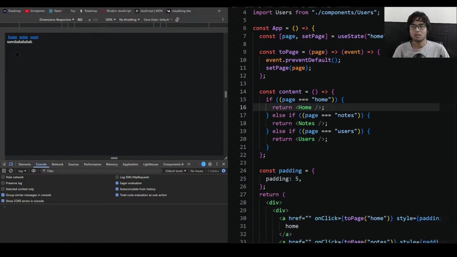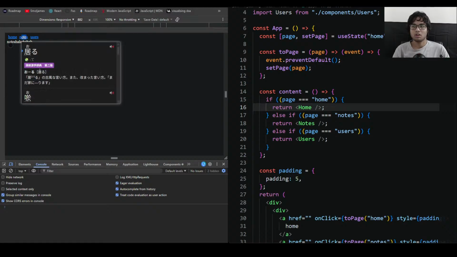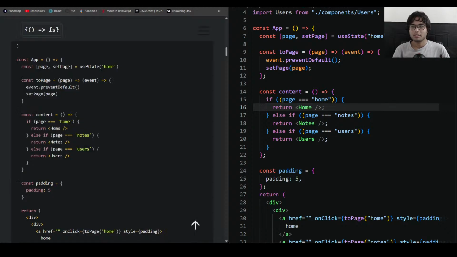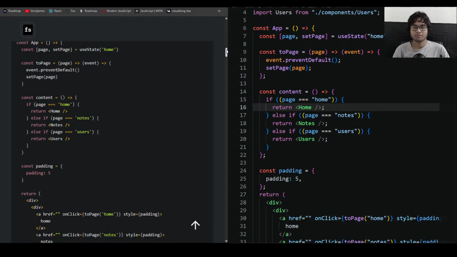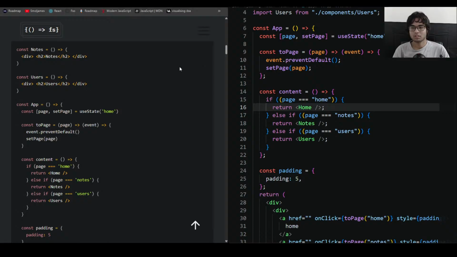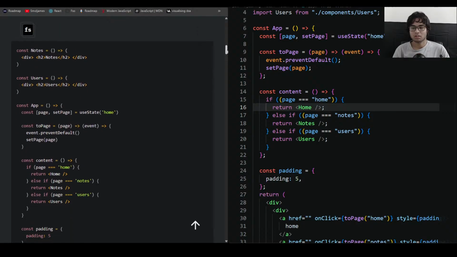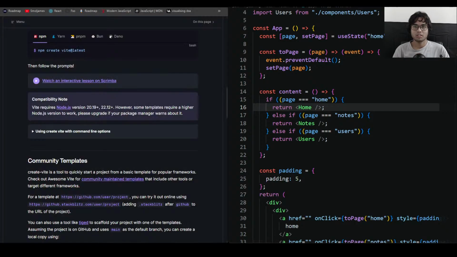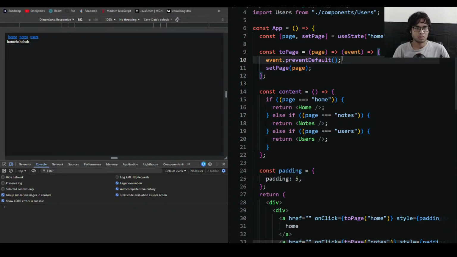Notes. Users. That's it. What's the default action? Let me see if it reloads, goes back to users, goes back to the